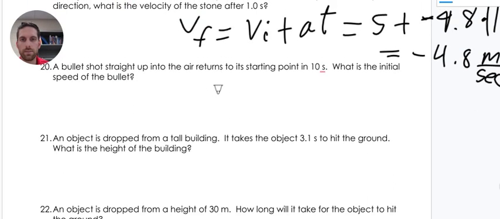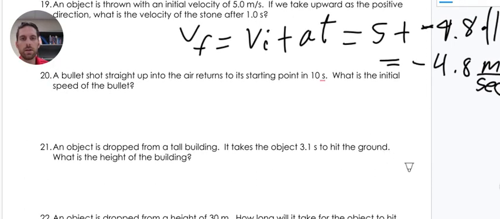So this time we have a bullet shot straight up in the air, returns to the starting point in 10 seconds. We want to know the initial speed of the bullet when it leaves the gun, like immediately after it leaves the gun. So right here, we know at the very top of the arc, this bullet is going straight up in the air, returns to the starting point. This is the entire period. So total time